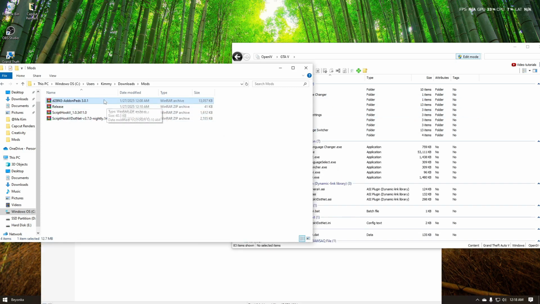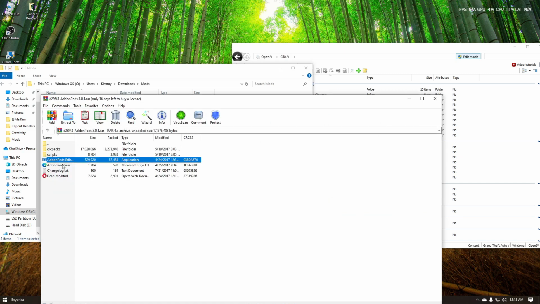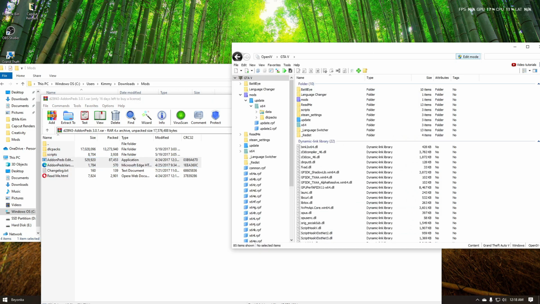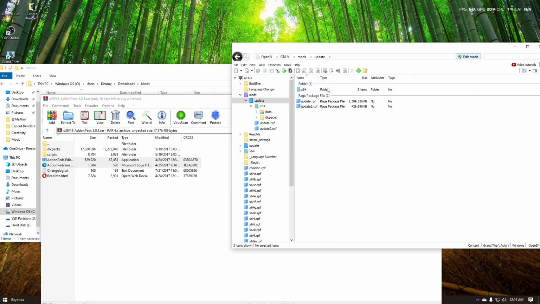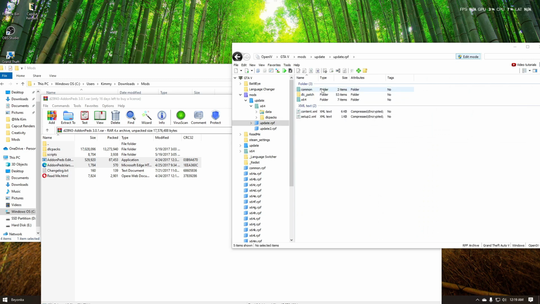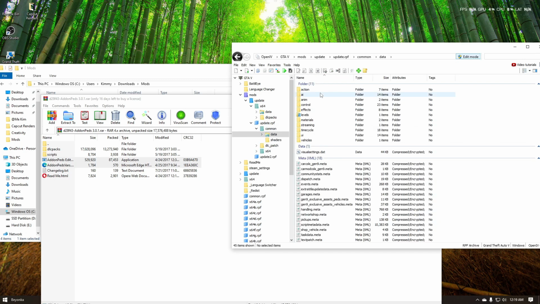And once again, you want to open the add-on peds file, copy both of these files right here into the GTA 5 directory. Now moving forward to the last step, you can just head over to the mod folder once more, click on Update, Update RPF, click on Common, Data, and from here you want to look for this specific file, which is the